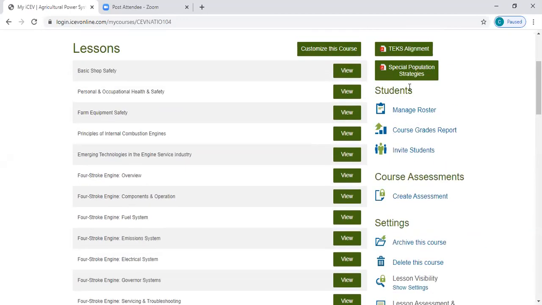So when we come right here under students, manage roster. If you're ClassLink or Clever, yours is going to say view roster. And you'll have a sync button that everyone else doesn't have. So when your roster doesn't look right, if you go in there and you sync it, that should update it. And that's all done off of your state